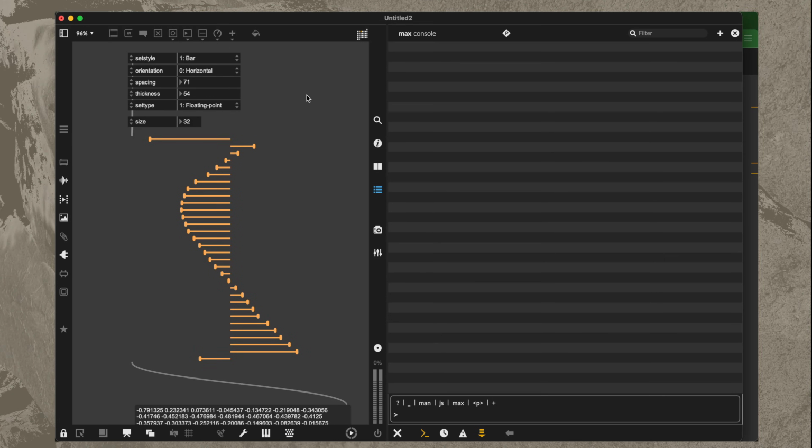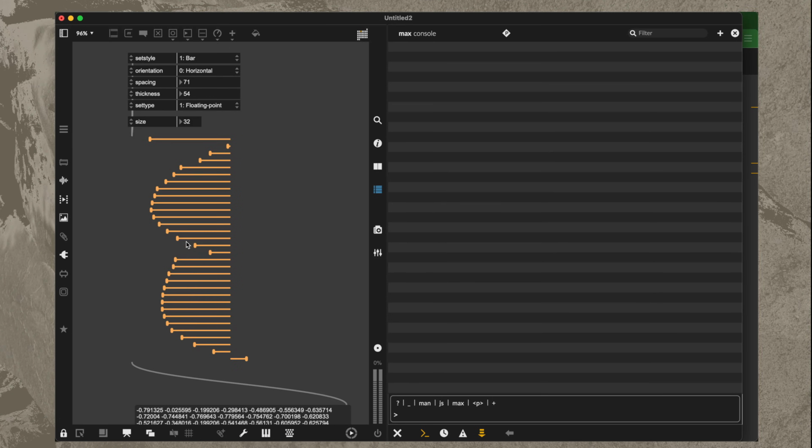Hey everyone. So today I was messing around and I made this cool multi-slider. And if you've seen some of my Max for Live devices, you know that I've made multi-sliders that look like this in the past. And I use jsui for those, which is a way in Max that you can basically make custom UI objects